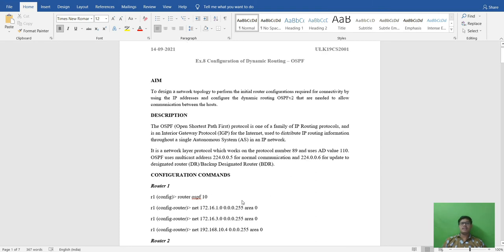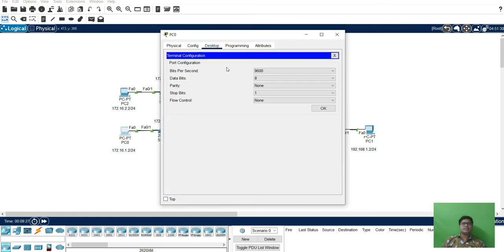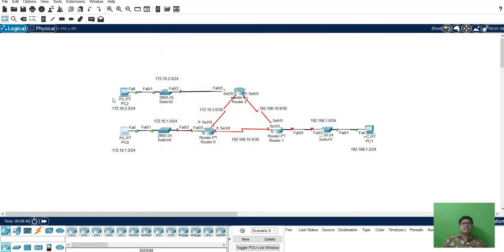So we will go now to the topology. This is the topology. Now we will give the end devices' IPs and the routers' IPs, and then we will configure. For the first PC, the IP is 172.16.1.2, with gateway 172.16.1.1. Okay, this configuration is done.